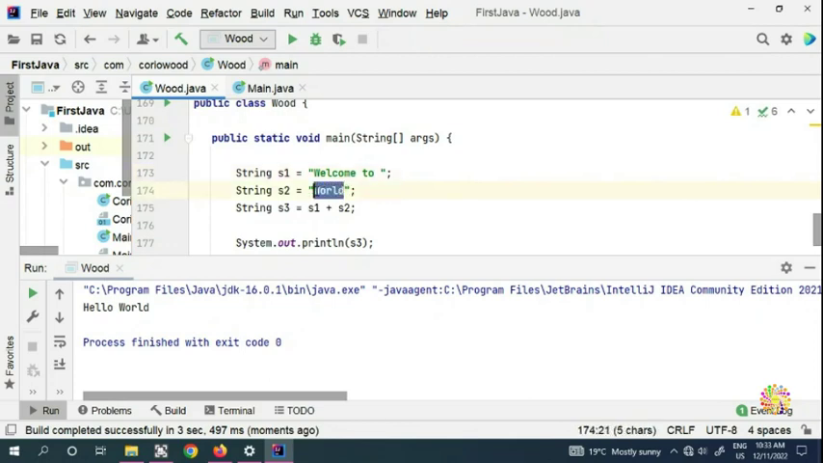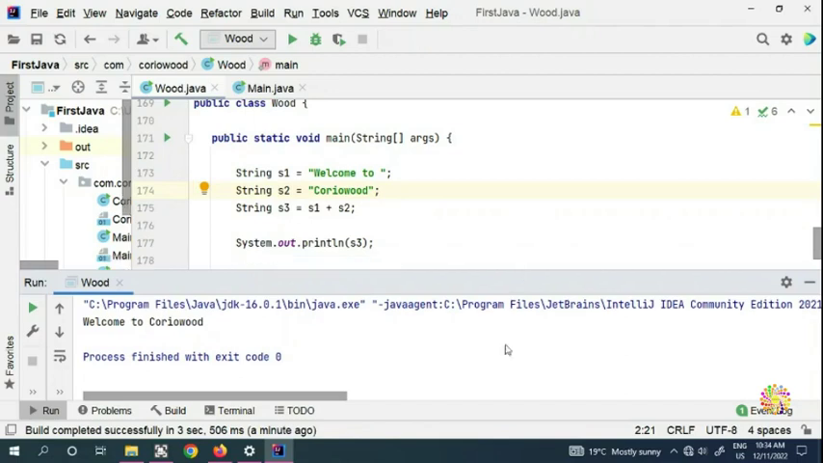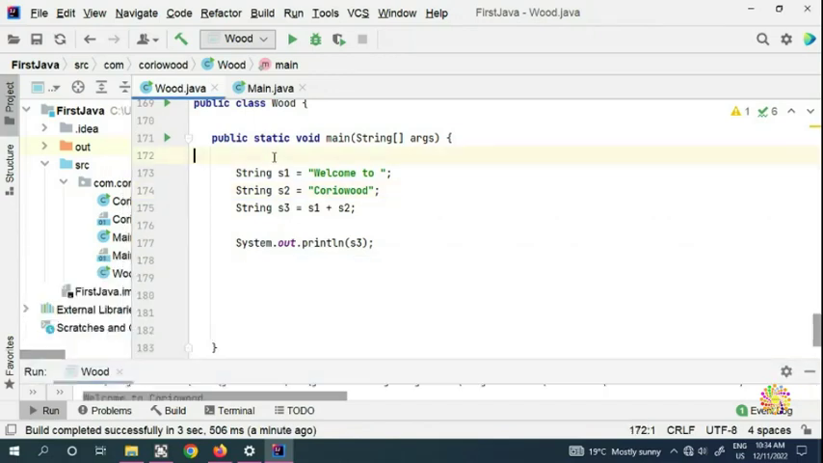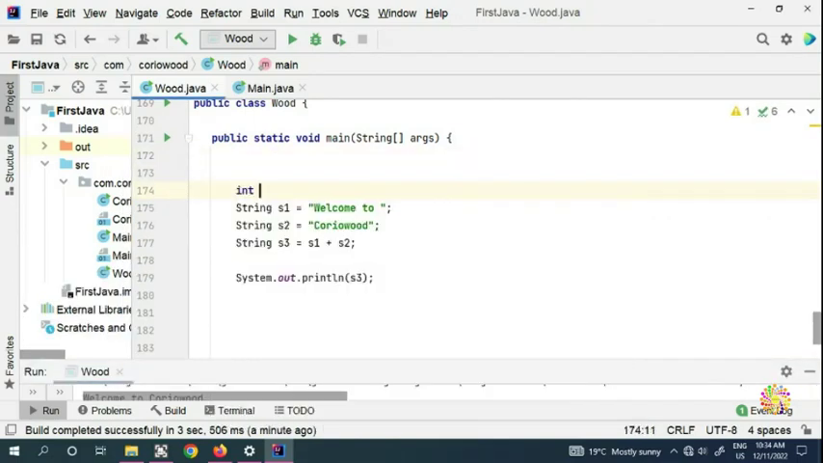So I'm going to put a Korawood, and if I run, you're going to see my string here printed on the screen. So how about if you have, for example, an integer, int house,